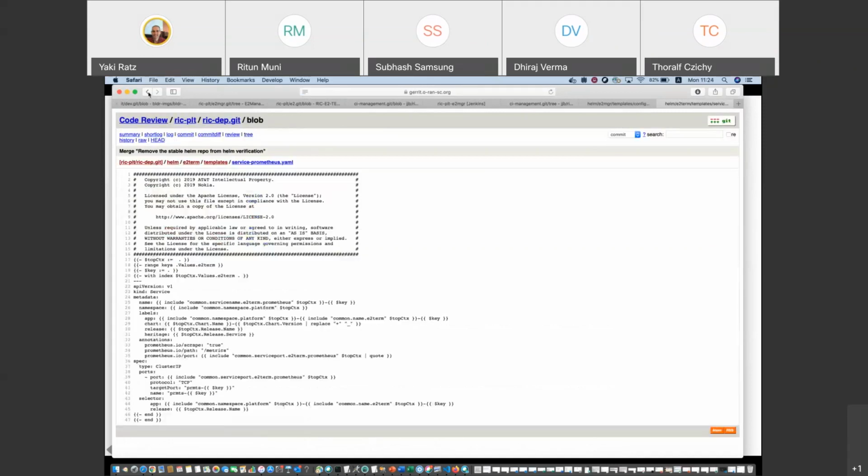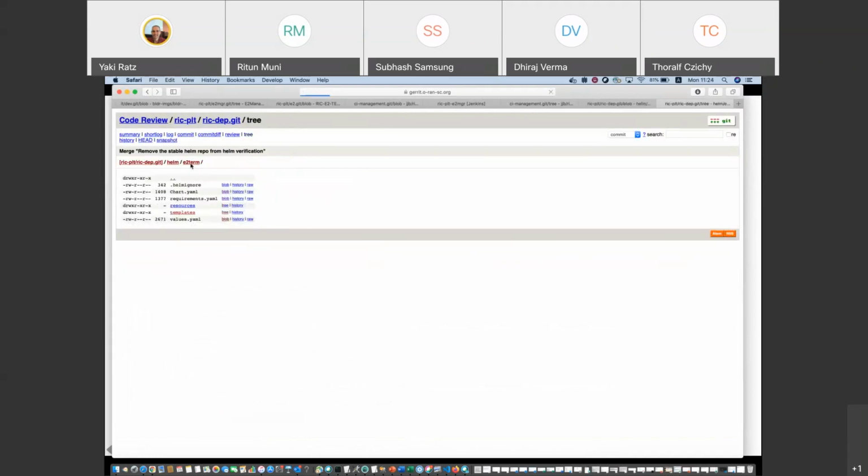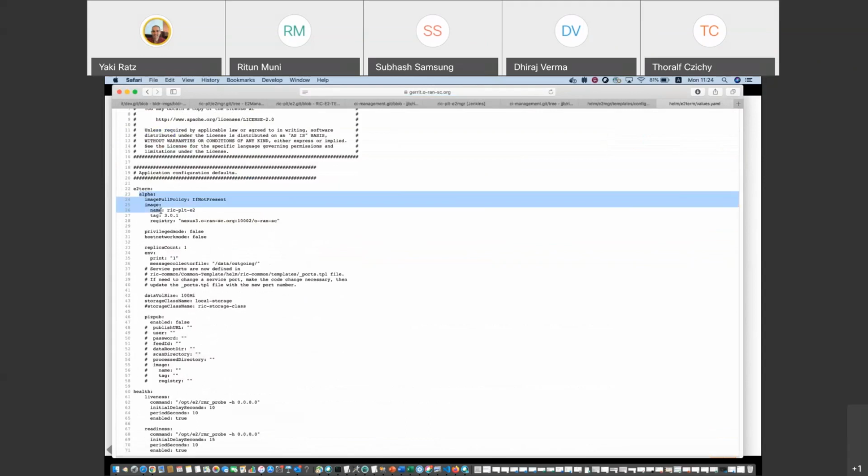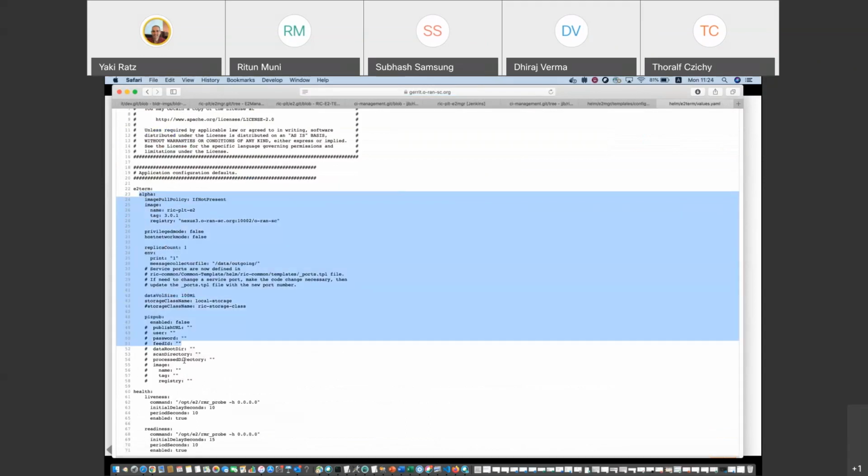This is all the charts. I need to go to the values. Sorry. Okay, so here in the values YAMLs, you can see that we have here, this is an example of only one. So there is alpha and all the parameters that are relevant for this alpha